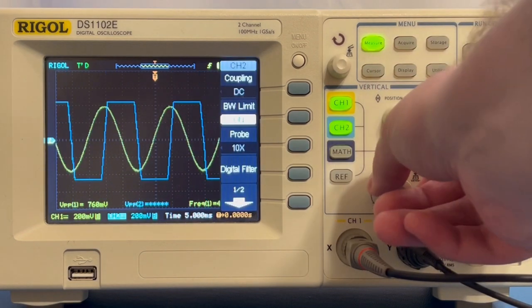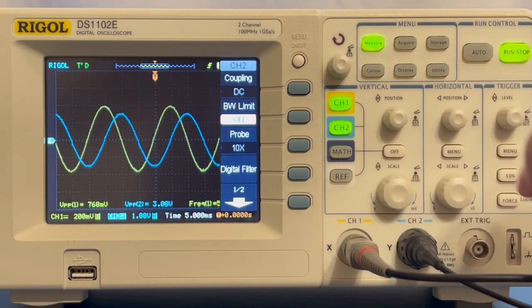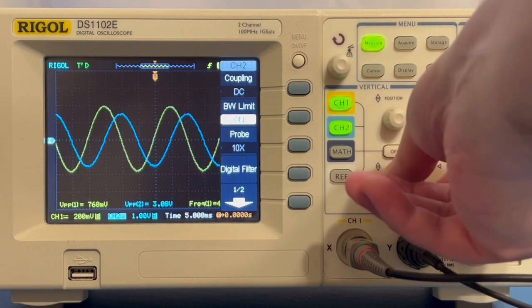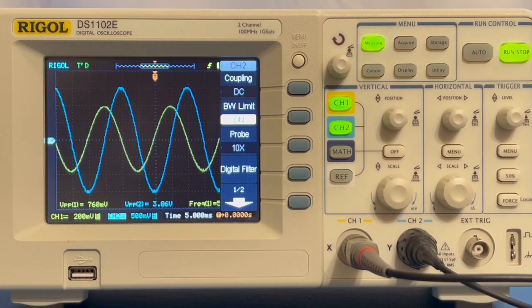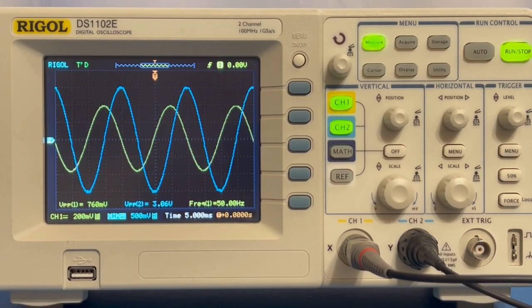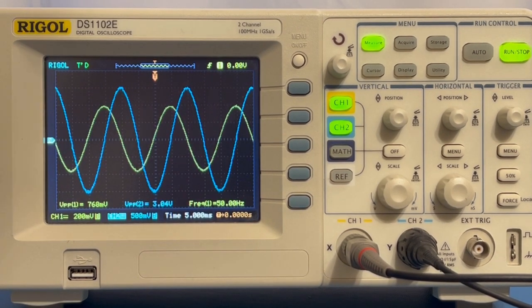At 50 Hz, we see the output voltage has risen to 3.08 volts. This corresponds to a gain of about 4.01 volts per volt, which is close to our expected value of about 4.43 volts per volt. The components I'm using, again, are not very precise, and neither are oscilloscopes in general, so the errors we're getting are not unexpected.